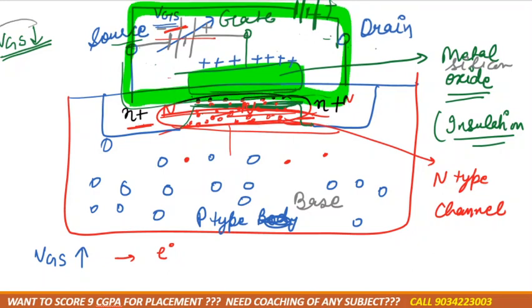ठीक है, मैंने VGS को कम करा, ये पाथ कम हो गया, पाथ कम हो गया, देन इन दैट केस जो इलेक्ट्रॉन्स जा रहे थे ड्रेन टू सोर्स से वो भी कम हो गए। तो बेसिकली अगर मैं VGS को कम कर रही हूँ तो ड्रेन करंट भी कम हो रही है, राइट? और अगर मैं VGS को बढ़ा रही हूँ, देन पाथ ज्यादा हो रहा है, देन मोर एंड मोर इलेक्ट्रॉन्स आर देयर, ज्यादा से ज्यादा इलेक्ट्रॉन्स फ्लो होंगे तो करंट भी ज्यादा फ्लो होगा, तो उस केस में ड्रेन करंट इंक्रीज हो रहा है। तो बेसिकली हम VGS को कंट्रोल कर रहे हैं और उससे ड्रेन टू सोर्स की मूवमेंट कंट्रोल हो रही है।